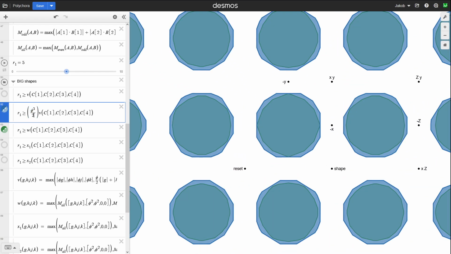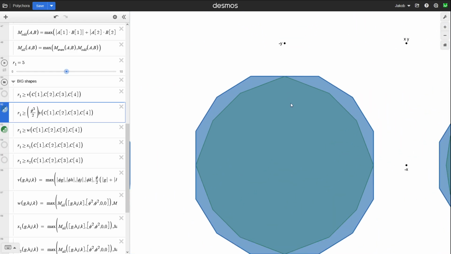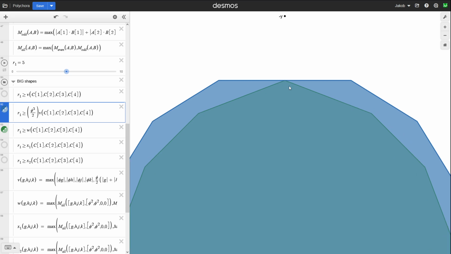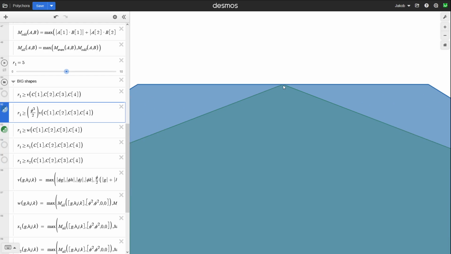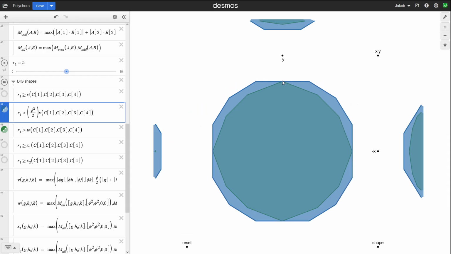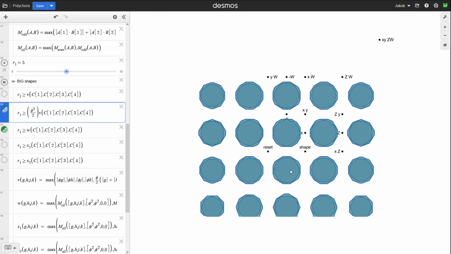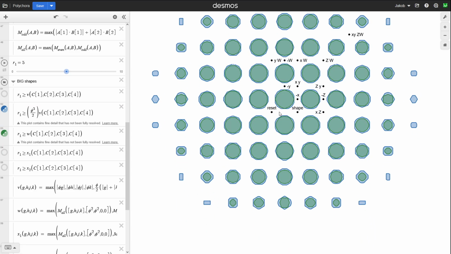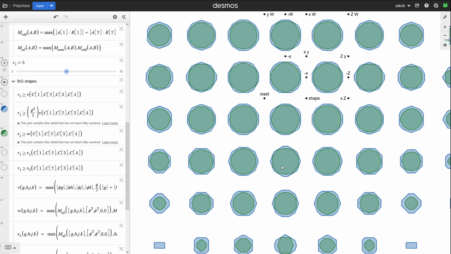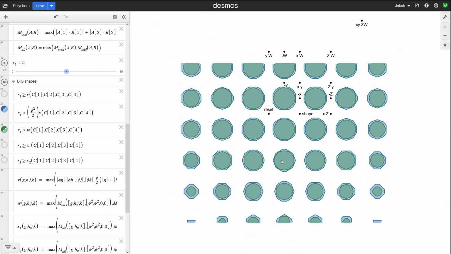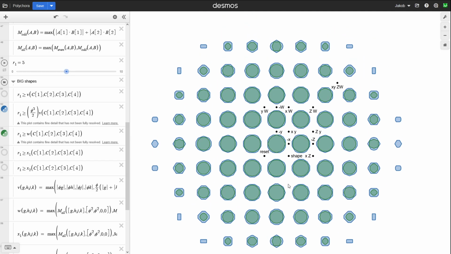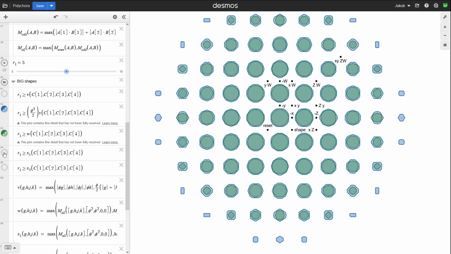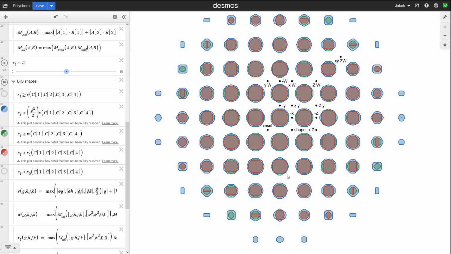Now this constant right here is the ratio of one of their inradii and one of their circumradii. And the reason I've done that is to make it so that the vertices of the 600 cell are exactly touching the faces of the 120 cell. And so you can see one of these is perfectly fitting inside the other. And then if I were to add this shape, which fits inside the 600 cell,